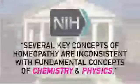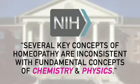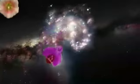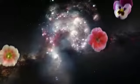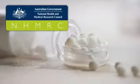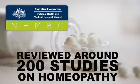The U.S. National Institutes of Health have said that several key concepts of homeopathy are inconsistent with fundamental concepts of chemistry and physics. But what if somehow it still works, in some mysterious way we don't yet understand? Well, scientists tested that too. A 2015 report from the Australian National Health and Medical Research Council considered the results of about 200 studies on